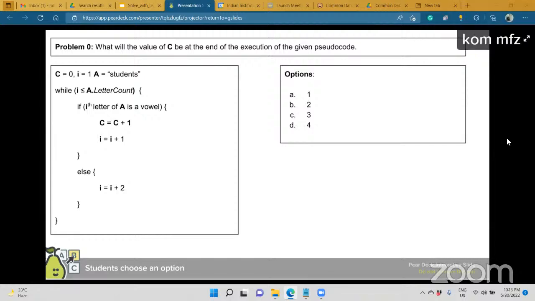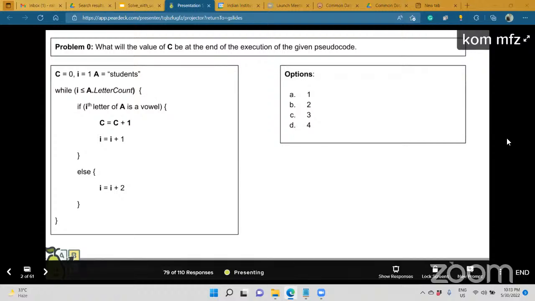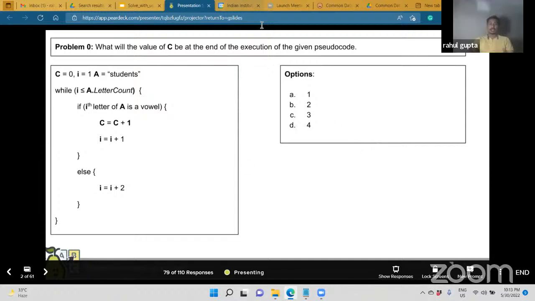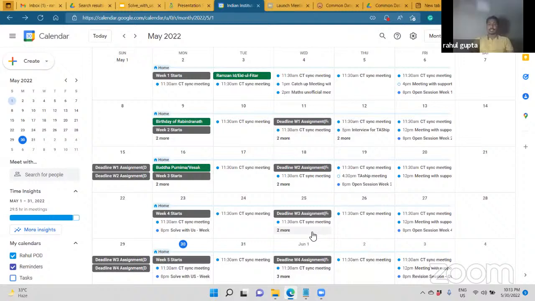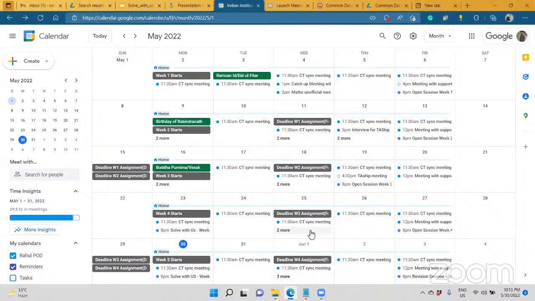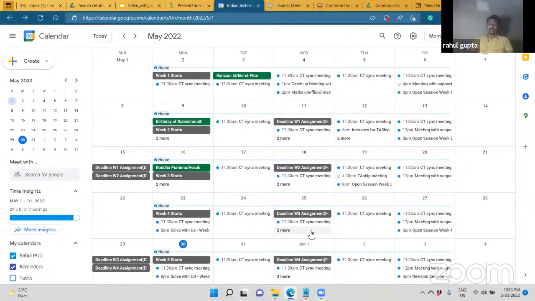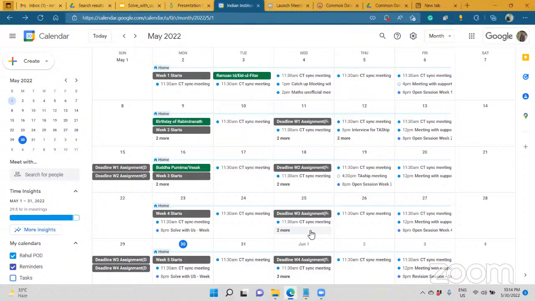So when will the mock test be? It will be on Thursday. At what time? The time should be in the calendar, right? No, sir, it's only showing statistics. It's showing the mock session of statistics at 8 to 10. Okay, then we'll try to make it 6 to 7. Okay, sir, thank you.